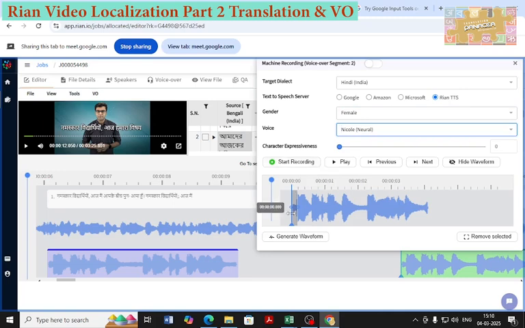I start recording. I listen to the recording and I check if this generated VO's voice matches the voice of the woman who is speaking. Sometimes the woman will have a very high pitched voice and the voice that you have selected does not resemble it at all. That might sound a little funny. So just select a voice that somewhat matches the Bengali woman's voice. If it doesn't, then I can just select a different voice. I click on start recording, I listen to it, and once I am sure that okay, for this woman, I want to use the voice for Rachel,